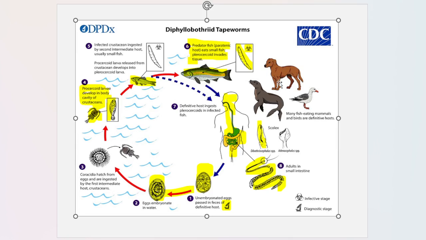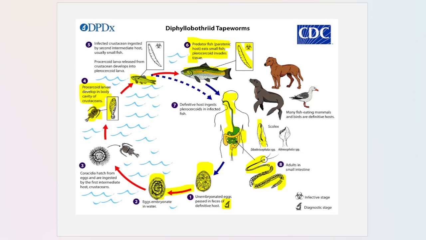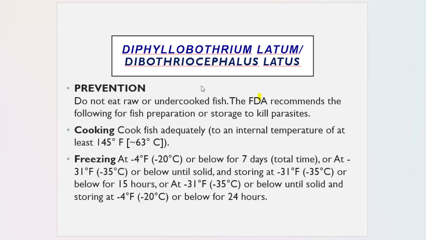So, why is it that we have here dogs, parang ducks ba yan? Okay, and we have seal ba to? Okay, because they consume fish. Lalong-lalo na sila, di ba? Lalong-lalo yung seal, kasi yun talaga yung kanyang main food. Okay? So, and they do not cook the fish. Unlike si humans, we have a chance to avoid infection even if the fish is infected because we can cook the fish. Okay, so prevention, yun nga, do not eat raw or undercooked fish.